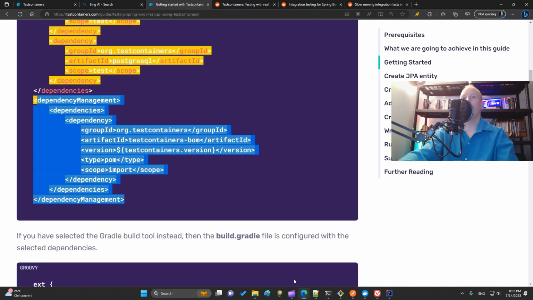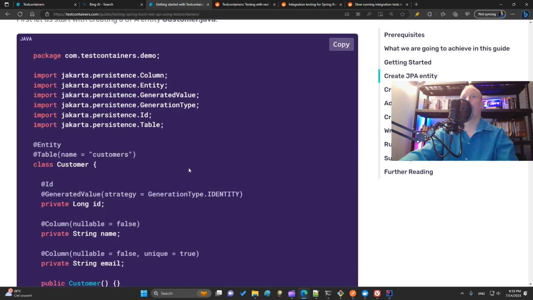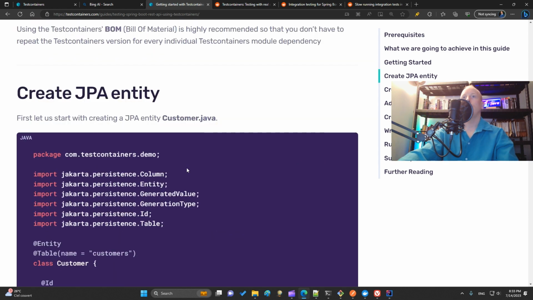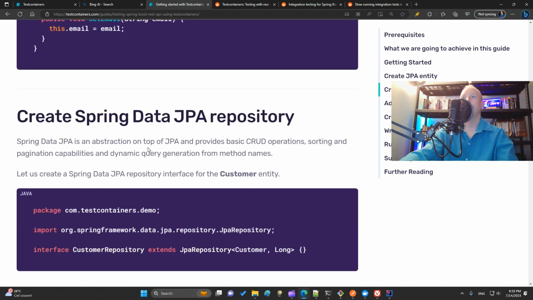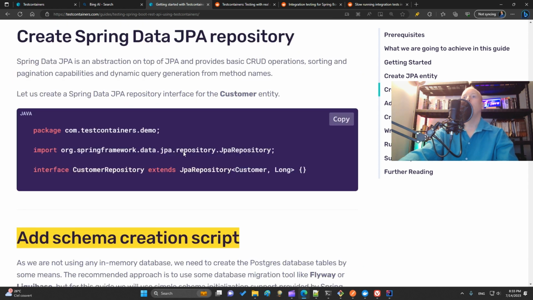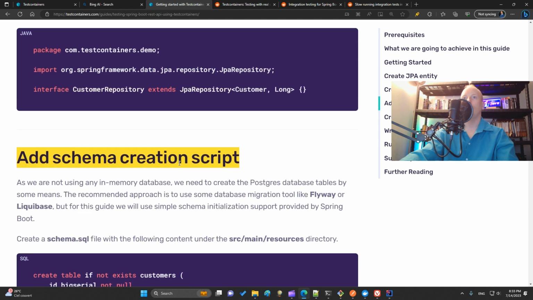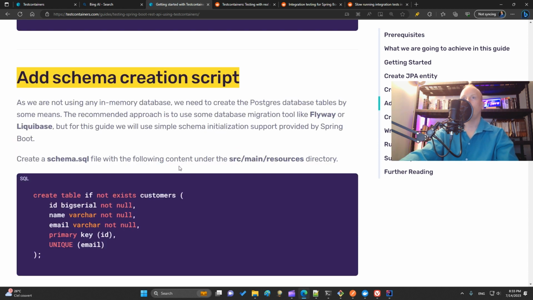Okay. Then it explains here that you need an entity. I already have a customer entity. Then a repository. I have a repository that does find all and all the generic methods.